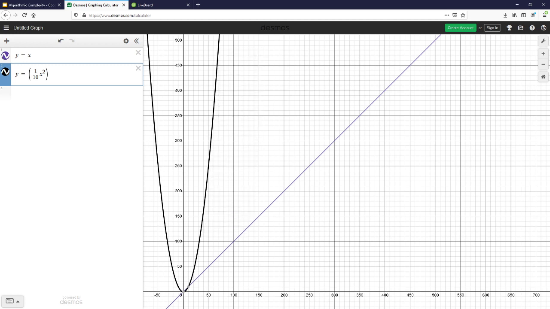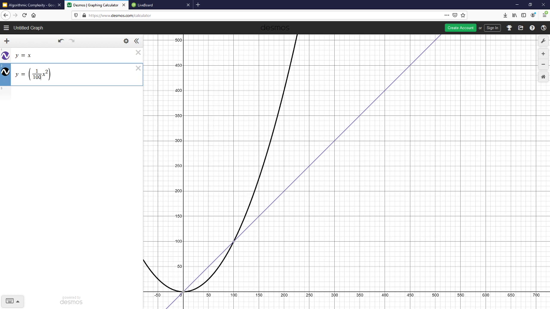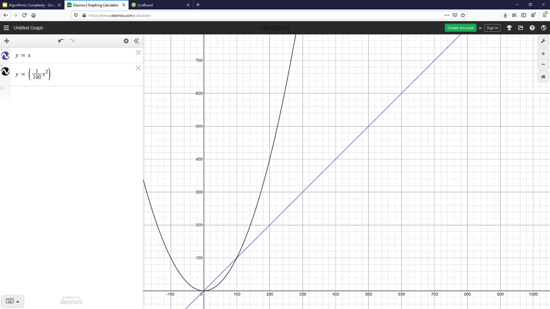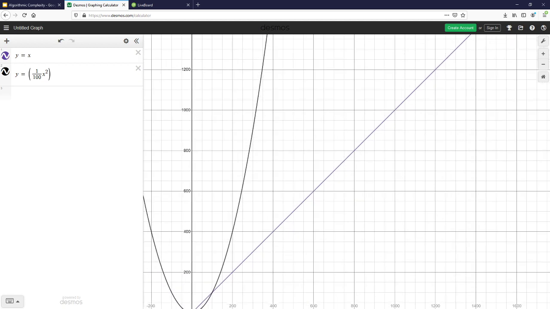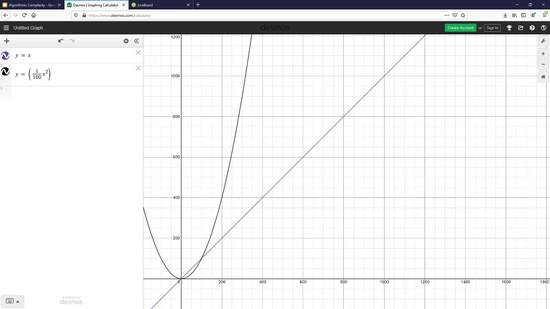And this is 1/10 x squared, right? We could play the same trick if we made it, say, 100th of x squared. Even if it's 100th x squared competing with x, eventually x squared is going to, quote-unquote, win, if by win I mean explode much faster, in terms of bad. In terms of algorithms, it means that it's going to take a lot longer. In terms of mathematics, we would say that x squared dominates x because as you go to infinity,